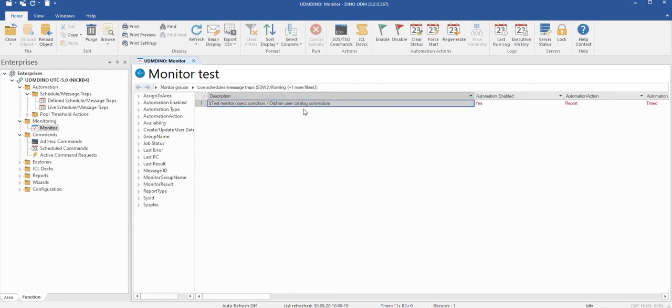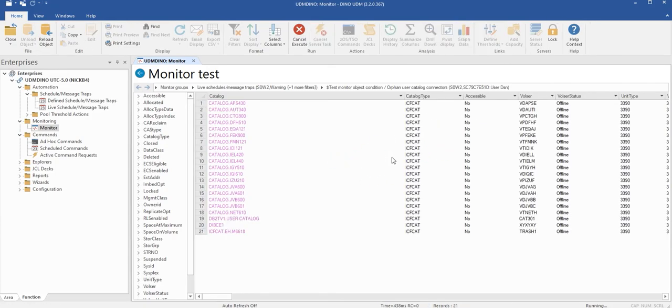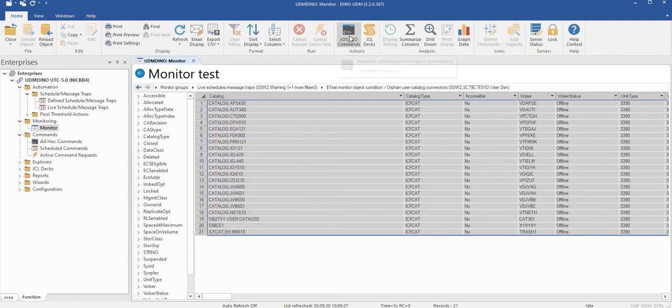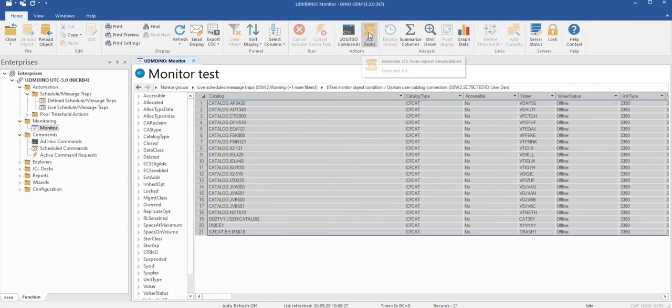So there we can see it. If we now double click that, we will see all the entries that match that object. So we have all these catalogs where the Volseer is no longer online. And if we remember, we can simply create a command, for example export disconnect, or we can create some JCL